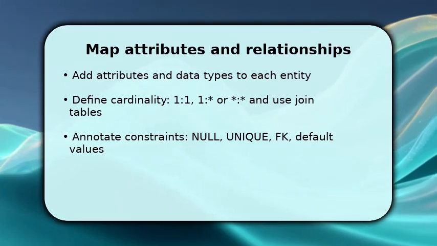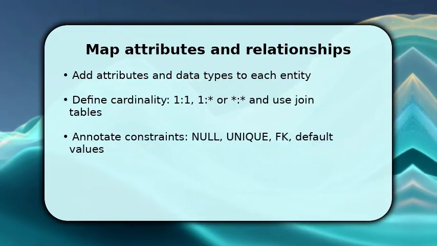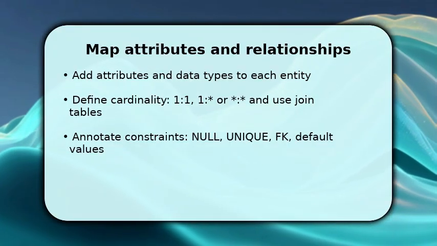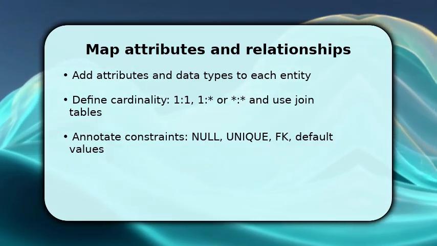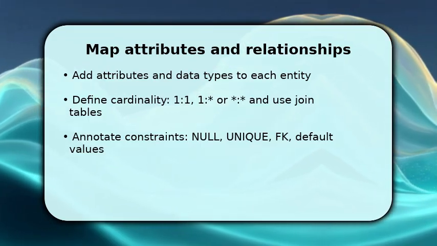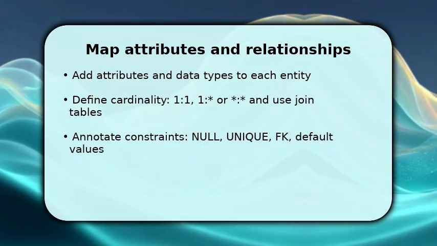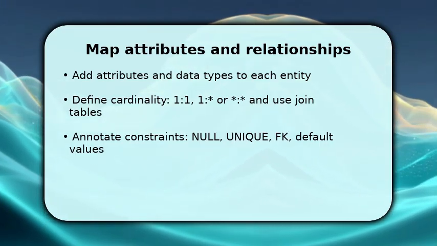While filling fields, explicitly mark primary and foreign keys and annotate constraints like not null or unique. These matter for validation. Once done, resolve many-to-many with join tables and draw cardinality symbols. This clarifies integrity rules. Make sure to group related entities and use color or swim lanes for domains so the